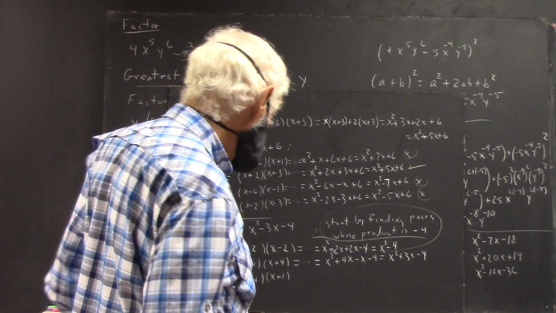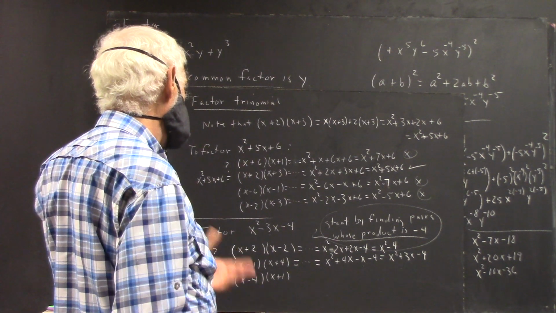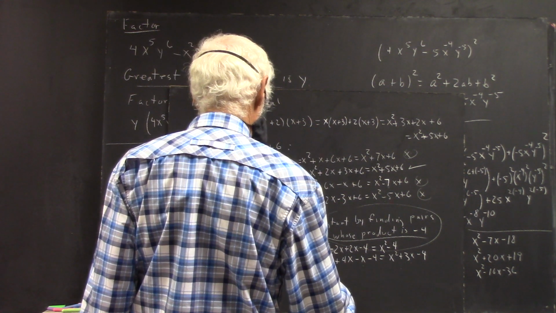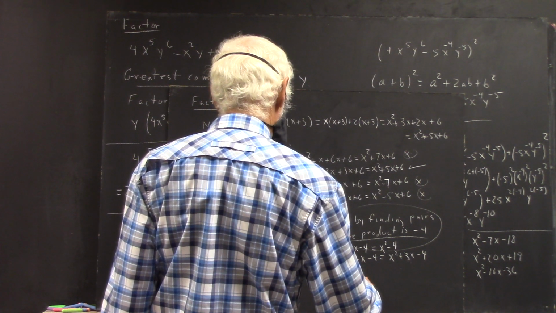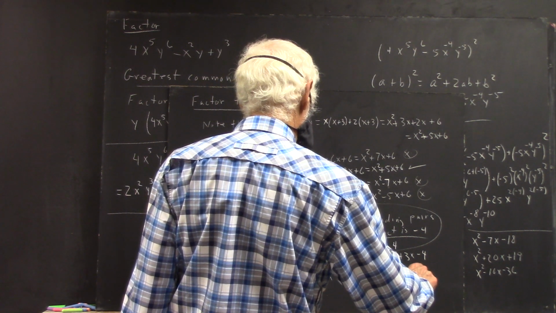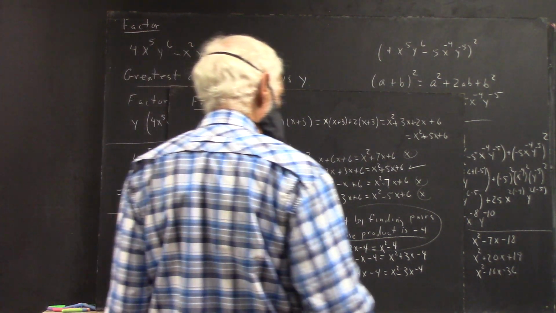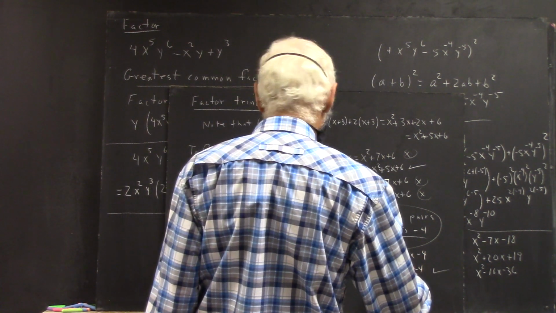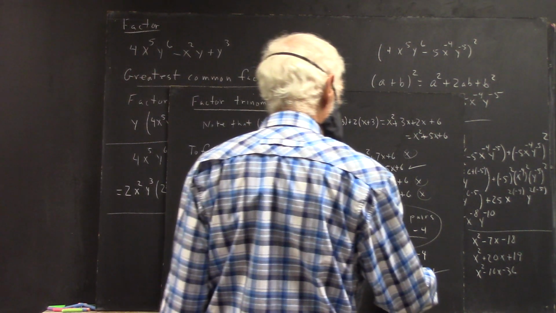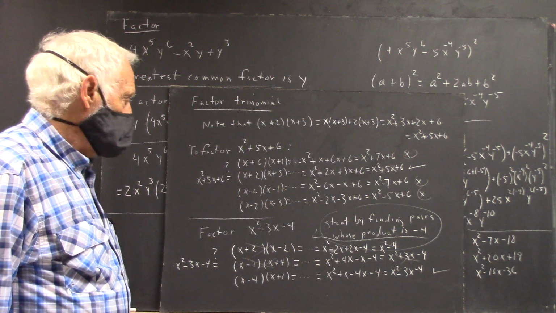Well, it turns out that reversing the signs, or getting the negatives of these two numbers, is what you have here, okay? And you can work that out any way you need to. But this gives you x squared plus x minus 4x minus 4. And that's x squared minus 3x minus 4. So this one works. So this one doesn't, this one doesn't. Because this isn't what we're looking for, and this isn't what we're looking for. Okay,